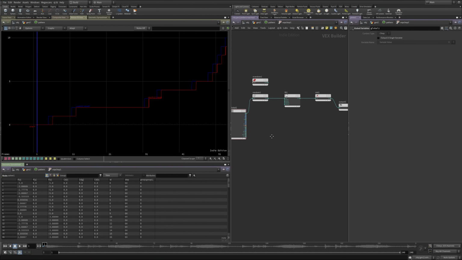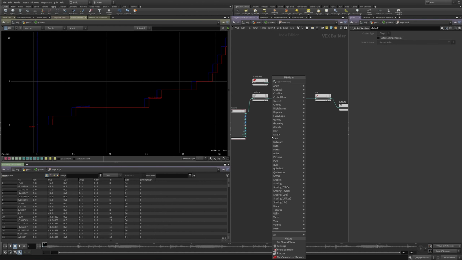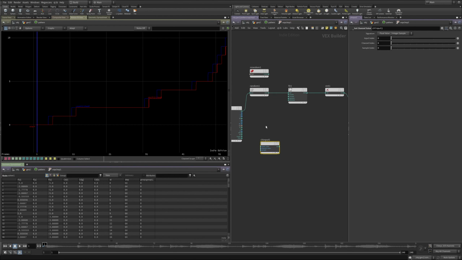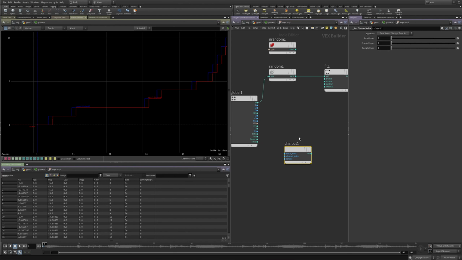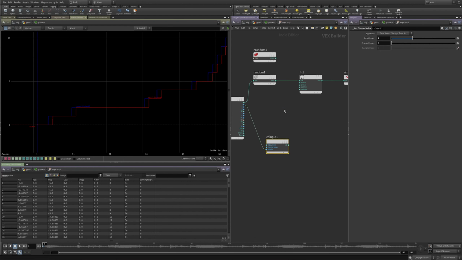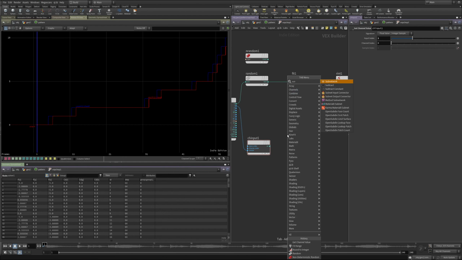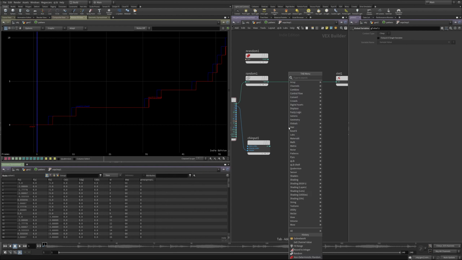So we come back in our VOP here, and the same way that you would work in an attribute VOP or point VOP, if you're in SOPs, you can say get attribute. Here you can say get. You can get attributes, but what I want is to get a channel value, and the channel that I want to get is, let's see, my input index is going to be 1. The channel index is 0, and the sample index is the same sample index as my current one. And what I want to do is subtract, not subnet, subtract.